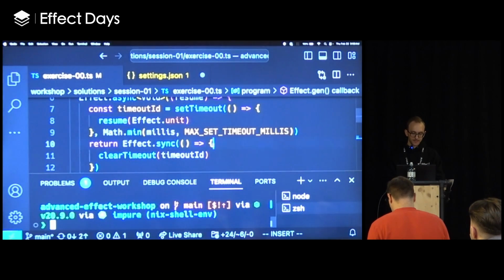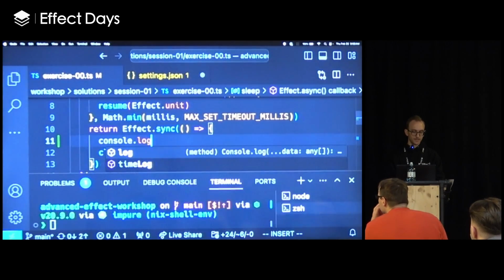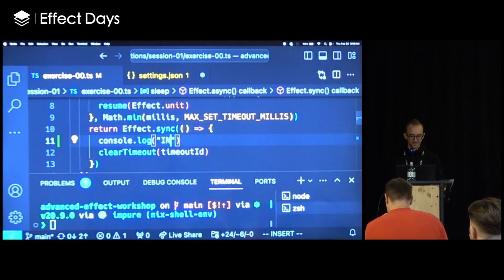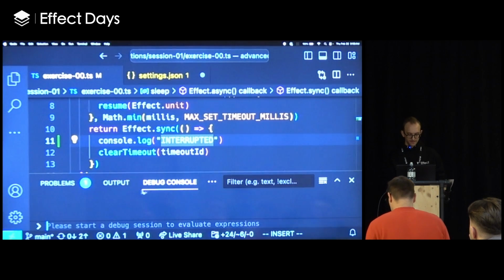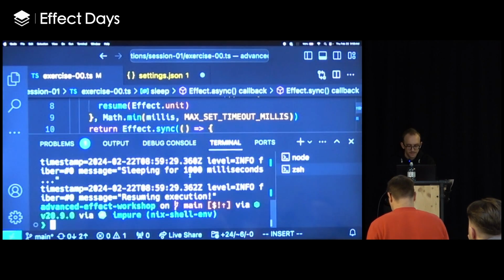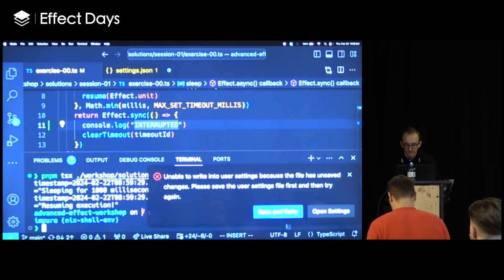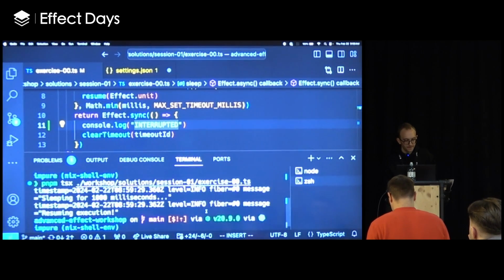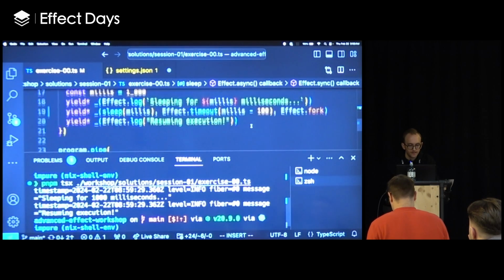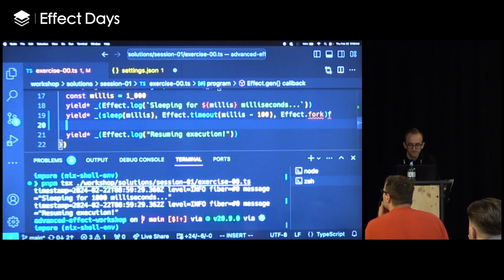But if we add even just a simple console.log here, and then we add a timeout here, and then we make sure of this,